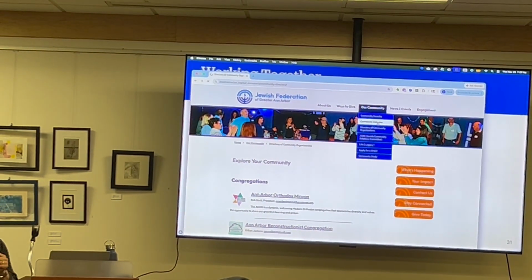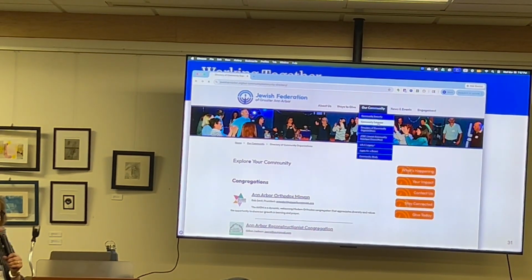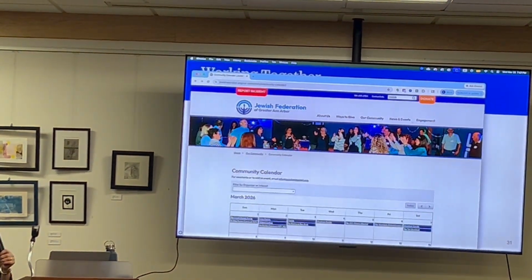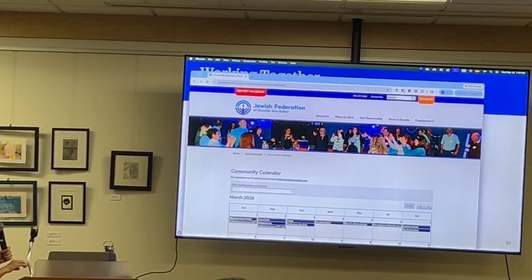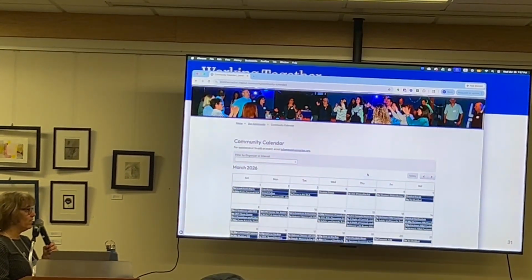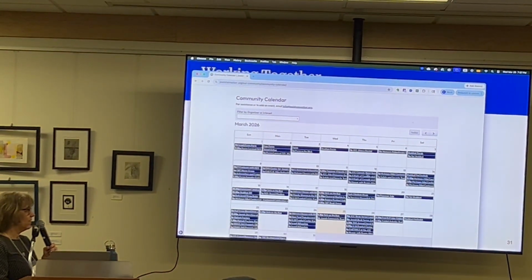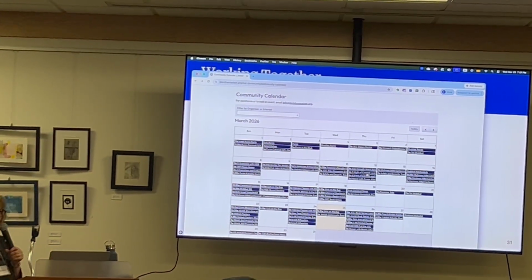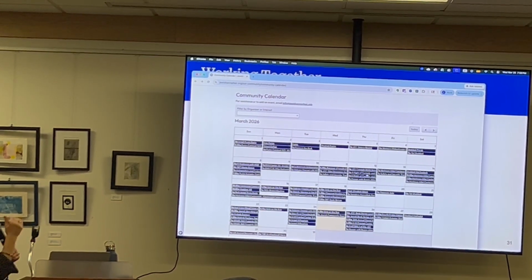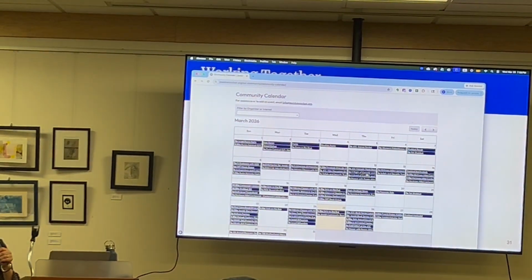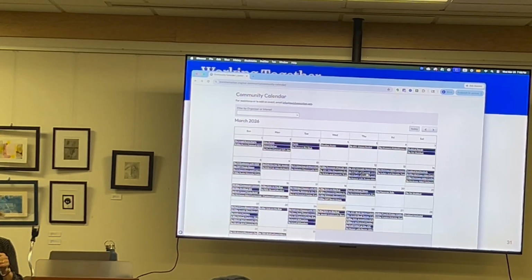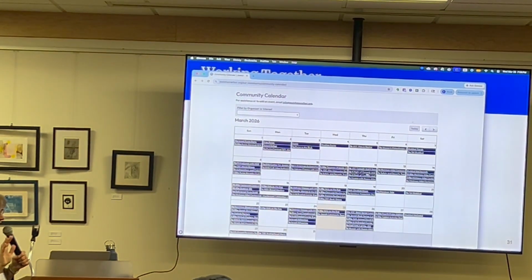We have a community calendar. We also have JLive. I'll talk about JLive in a minute, but JLive is supposed to populate the calendar directly. We know that it's not always happening, so it's always really, really good to make sure that your items are on the community calendar. We can also see that for some reason, probably due to JLive, so we're still working this out, there's a bit of duplication there. Better to have duplication than not have the event up.